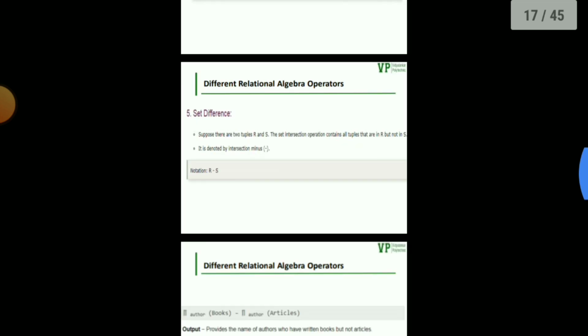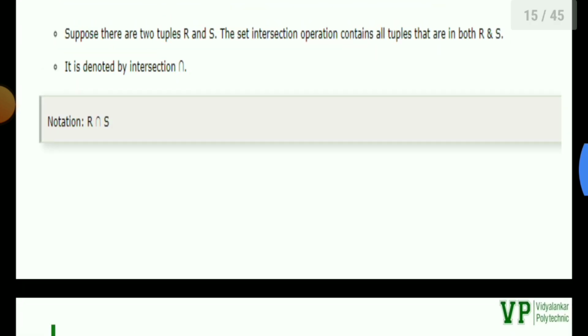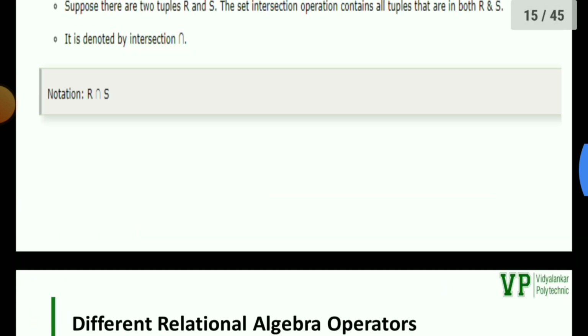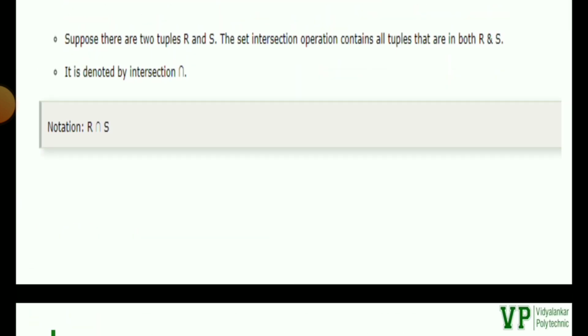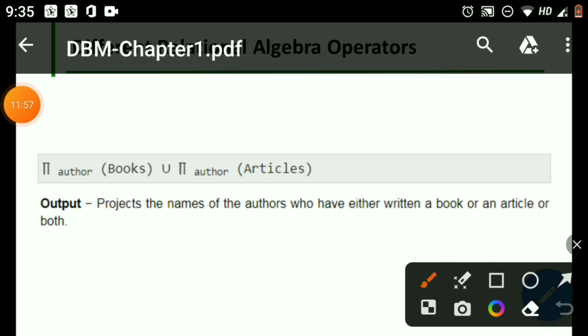Now let's see an example of intersection. The example will be the same, we just need to use the intersection operation, that is the inverted U. What will this do?